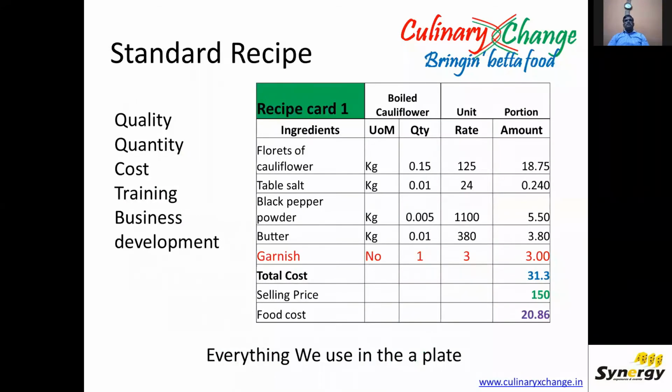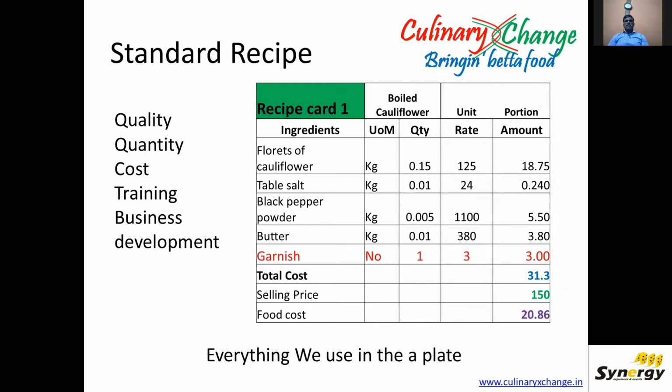We find from this formula the price of cauliflower florets is rupees 125 per kilogram. It is a surprise to us; if we don't think that 125 per kilo is what it is costing, our recipe will not be calculated properly. It is important for any running business, be it a bakery or a restaurant or a cafe or anybody, they should do their yield testing at least once in 3 months.